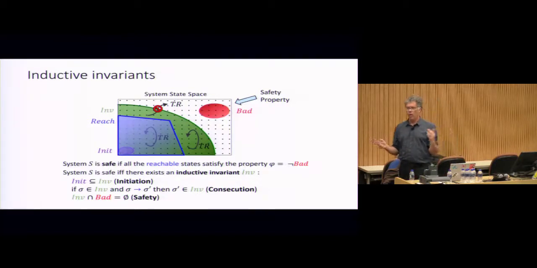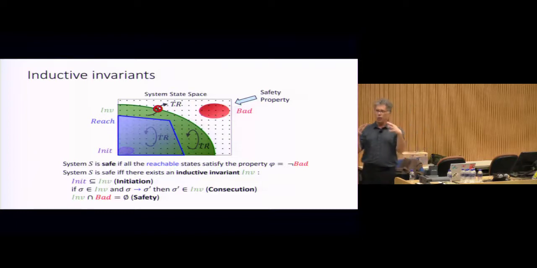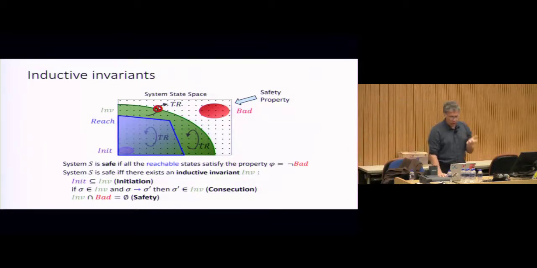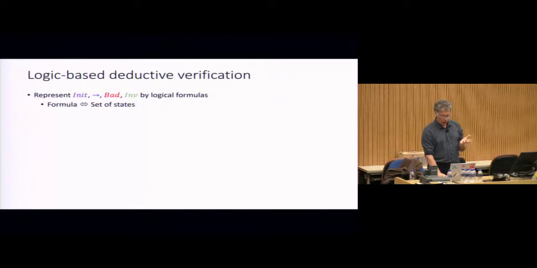And furthermore, the third property is that the set of states, the inductive invariant, doesn't intersect with the bad states. So getting a precise handle on the reachable states might be very hard. So the idea is to find an inductive invariant that I can prove by induction covers all the reachable states, yet doesn't intersect with the bad states. Okay, so that's the scheme we've been using for many, many years, for over half a century.